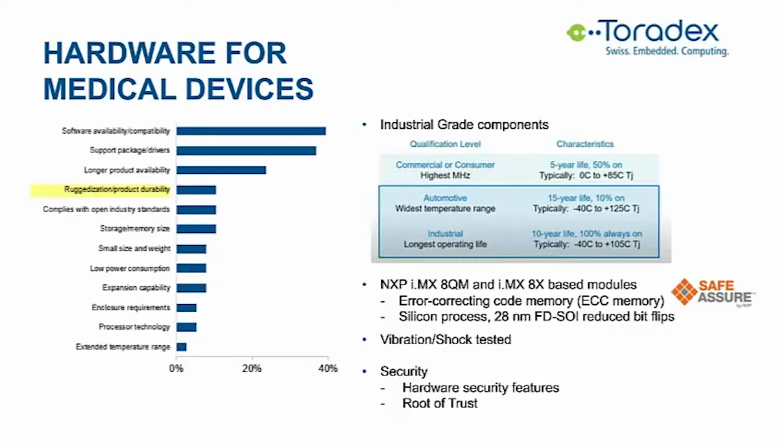Here, for example, on the slide, you can see that commercial products are typically qualified for 5 years, but only running 50% of the time. And then on the other extreme, industrial products, which is the majority we use, are designed to run for 10 years, 24/7, and also at a higher temperature. Some of our modules with the i.MX8 QuadMax or the i.MX8X, that's an application processor from NXP,